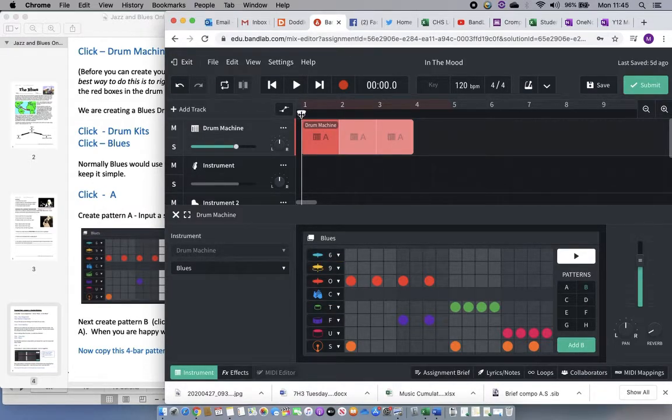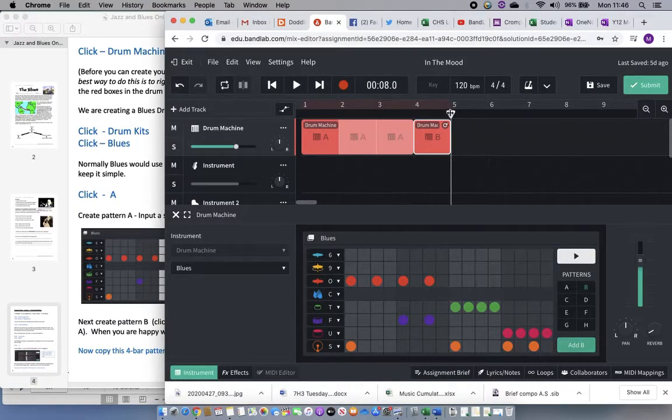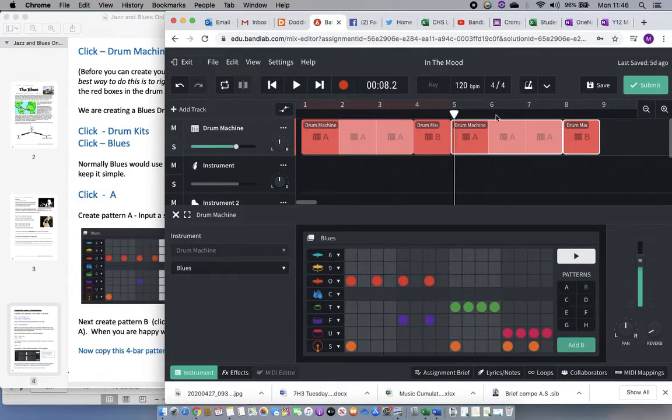Now at the moment my cursor is at bar 1, so if I press add B now, it'll put it on top of my A and it'll get quite confused. So I need to drag my cursor across to bar 4, and then I'm going to click add B. Okay? And then it says, now copy this 4-bar pattern 3 times to give you 12 bars of music. So I can, again, move my cursor along, select all of that, copy it and paste it, and then move my cursor along,